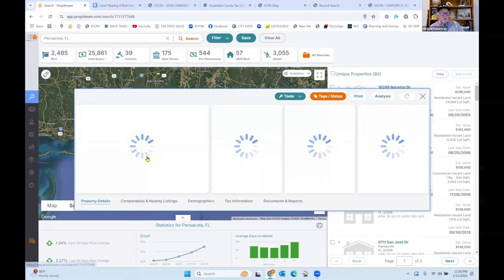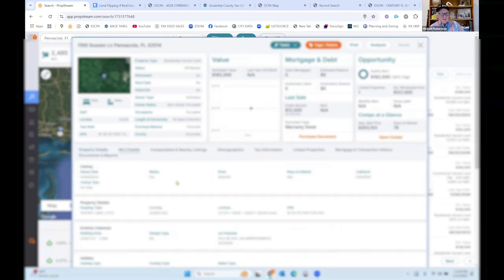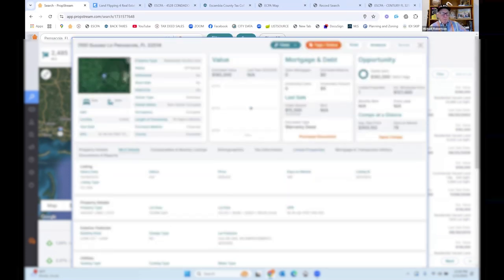That's where Dago Bierto came from. Here he is. And as I did my due diligence, I could see his tax history. I could see he tried to sell it. I could see he's been trying to sell it for the last three or 4 years, and he hasn't been successful. So sometimes the person has issues and sometimes the property has issues. His property has issues because it has that easement in the back. But if I want to do a deal now,